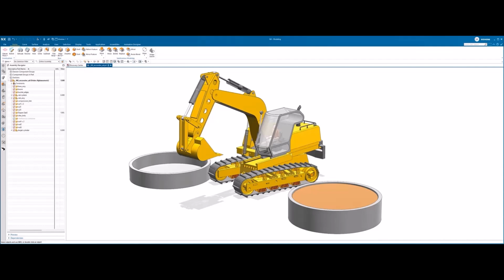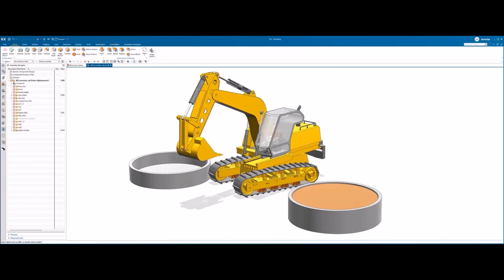In a proposed engineering design change, the manufacturer of the excavator wants to increase the visibility for the operator. There are many things that we can perform within the context of NX for engineering studies, but the ability to immerse into the design is a major enhancement in the engineering field.